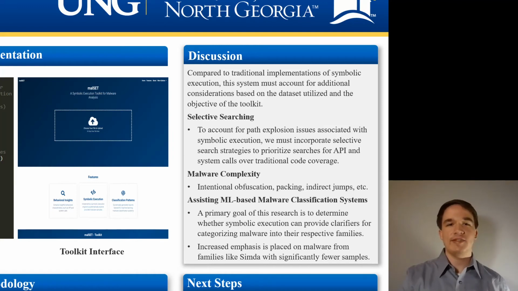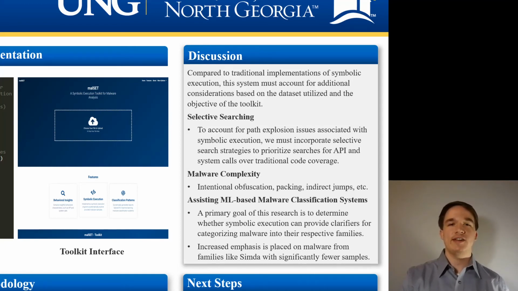To account for the path explosion challenge posed by the symbolic execution engine, our scripts must incorporate a more selective search strategy compared to BFS or DFS in order to limit the accumulation of execution states while ensuring that we still identify the binaries' API and system calls. And as our dataset consists of malicious binaries, which vastly incorporate obfuscation techniques and potentially polymorphic mutation capabilities, symbolic execution provides a better possibility of detecting hidden characteristics than traditional forms of static or dynamic analysis.